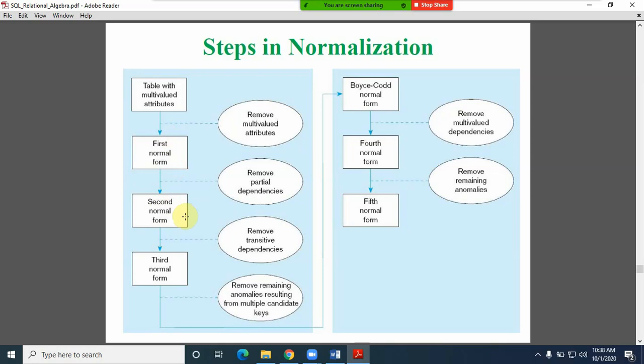So the basic point in the achievement of the nth normal form is that the relation must satisfy the (n minus 1)th normal form already. And coming to the second normal form, you observe the removal of partial dependencies. If any attribute depends on only part of a composite primary key rather than the complete primary key, for example, employee ID and skill as a primary key, and some other attribute depends only on employee ID, that is a partial dependency. Only after removal of that partial dependency can you achieve the second normal form.